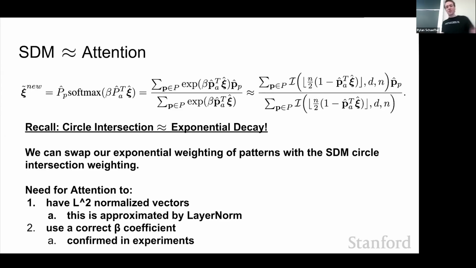And again, the two things that you need for this to work are, one, your attention vectors, your keys and queries, need to be L2 normalized. So I have hats on them. And then if you decide on a given Hamming distance for SDM, and I'll get into what Hamming distances are good for different things, then you need to have a beta coefficient that relates to it. But again, that's just how many things you are trying to pay attention to.